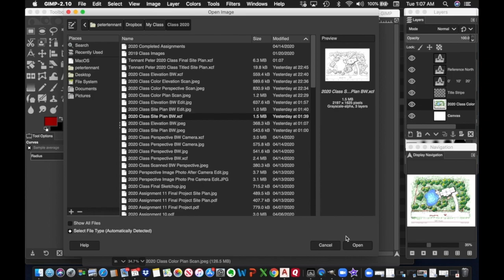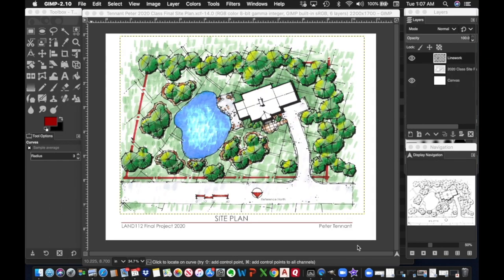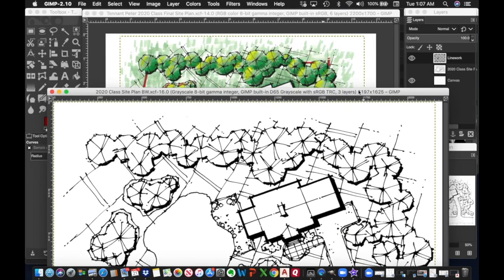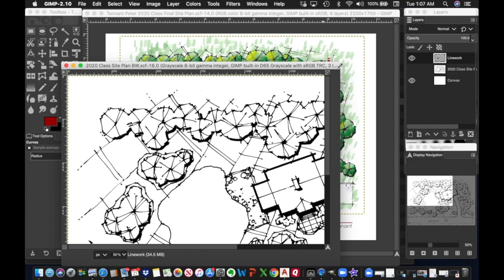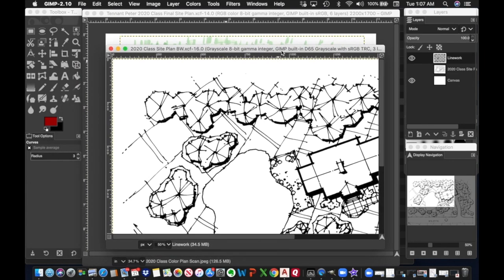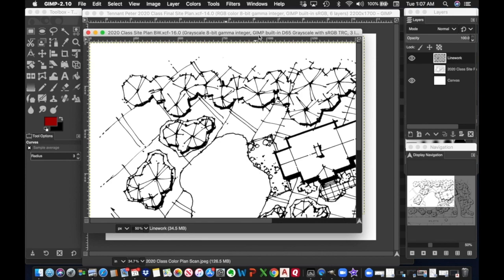I'm going to go ahead and open that. And this is what I get. Whoops. Let's try and make it a little smaller so it kind of fits in the same window. That's good. All right, now I've got a layer called line work,